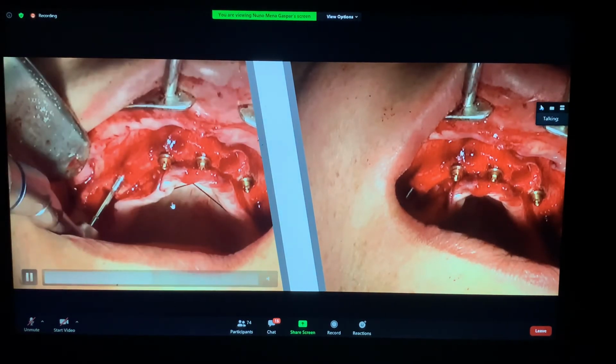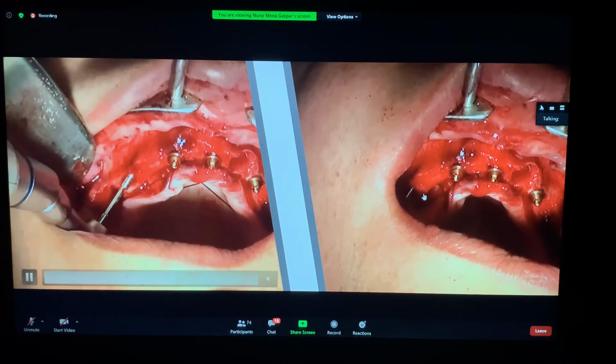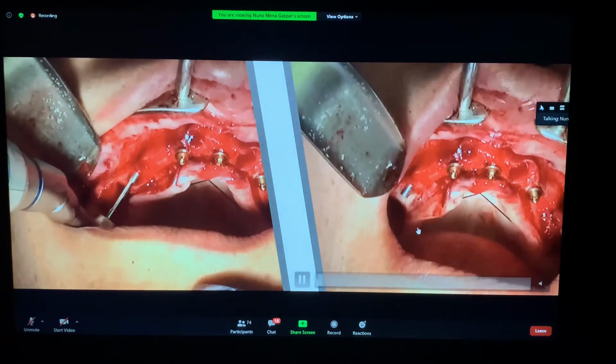Okay. And just do the contouring. Otherwise your